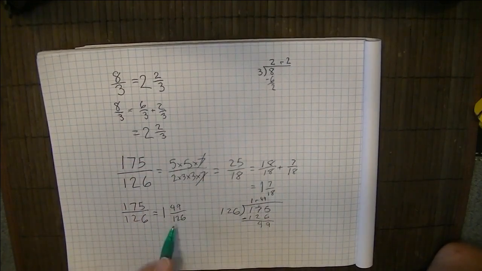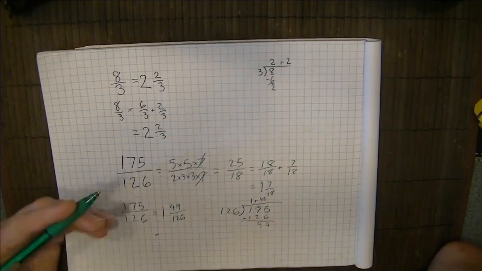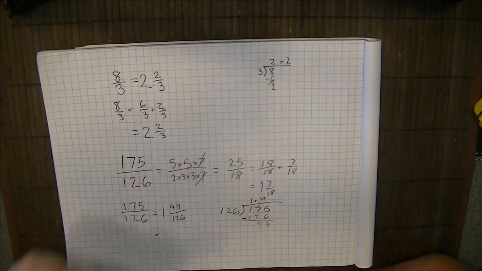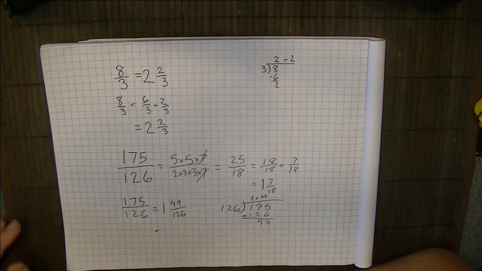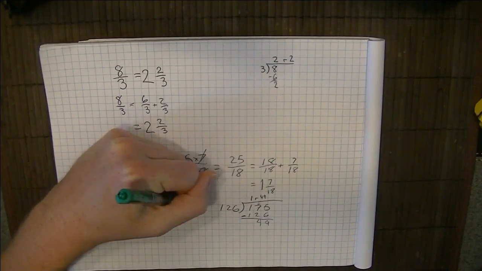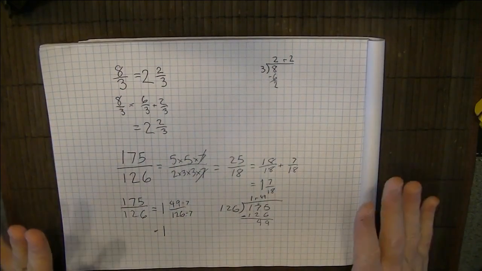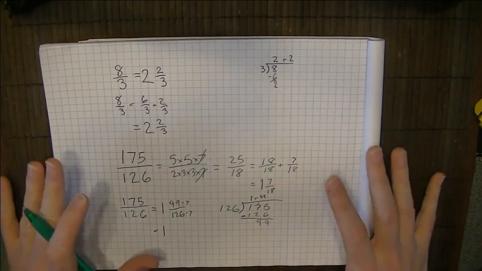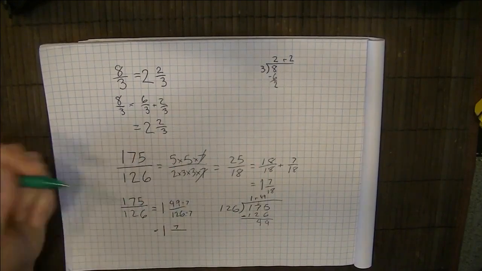Okay, but the problem here is that this is not in lowest terms. And so in order to get this in lowest terms, we're going to have to figure out what numbers go into both 49 and 126. Well, we're a little bit lucky here because 49 is 7 times 7. The only prime number that goes into 49 is 7, so it has to be 7. And it does in fact go into both. So this is, once again, if you haven't practiced your times tables, practice your times tables, okay? That will help you. All right, so 49 is 7 times 7, so 49 divided by 7 is 7, and